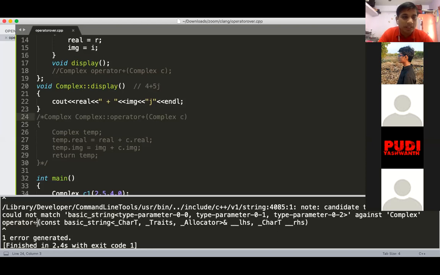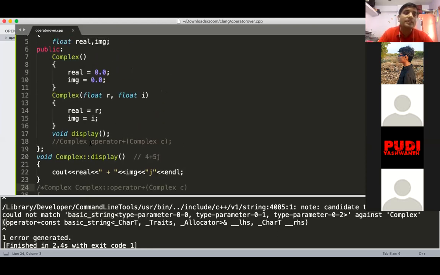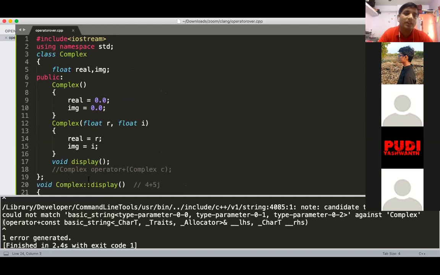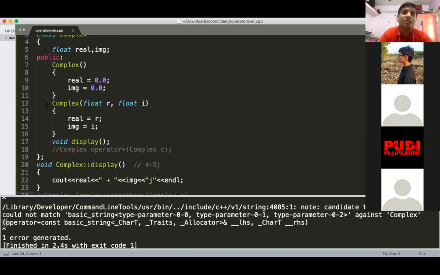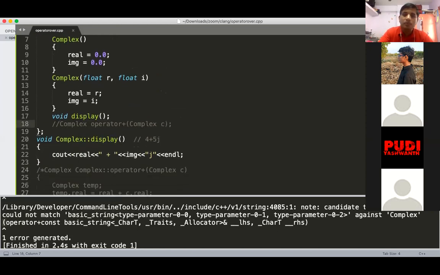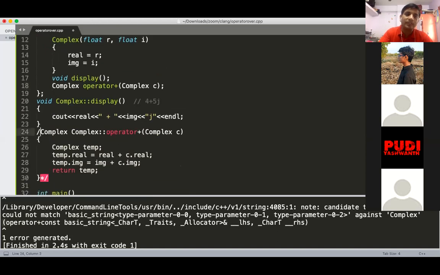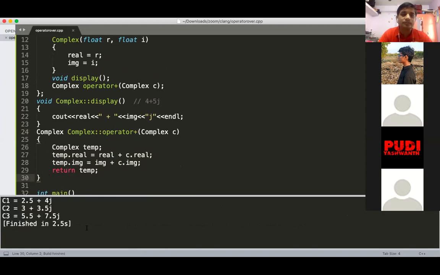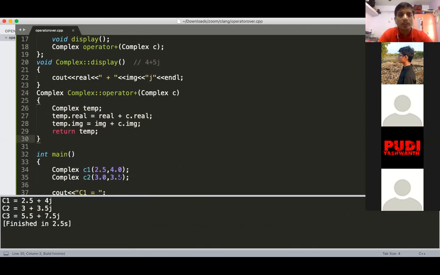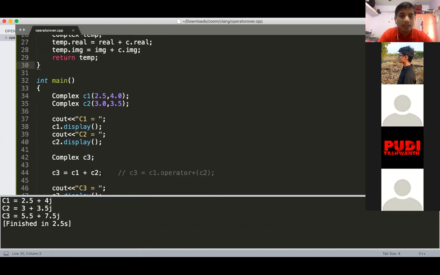So what is the meaning of operator plus? Your class doesn't know what the meaning of operator plus is, because this definition is not present in your class. So it will give the error. But if you have implemented it, then it is perfectly fine and you will get output. Getting? So it means that to apply the basic operators to your object, it is necessary to overload the operators that you need to use here.